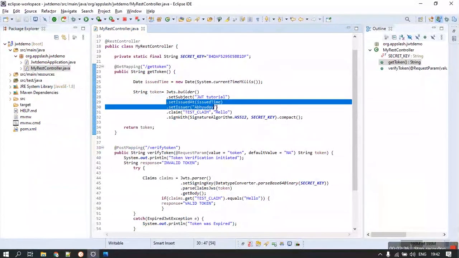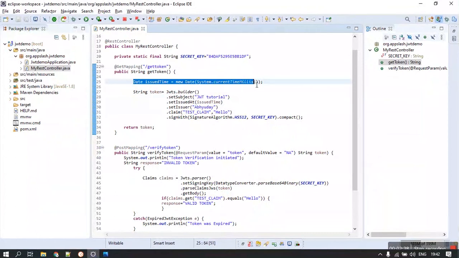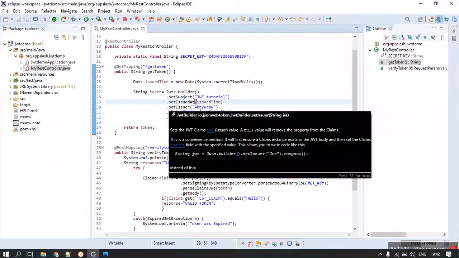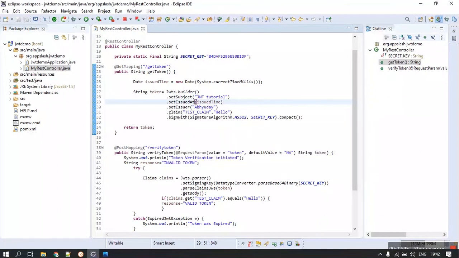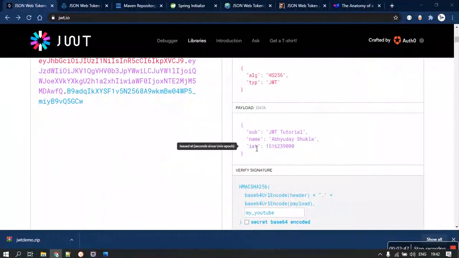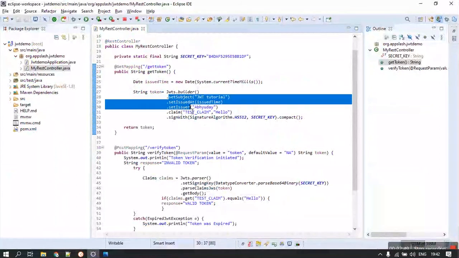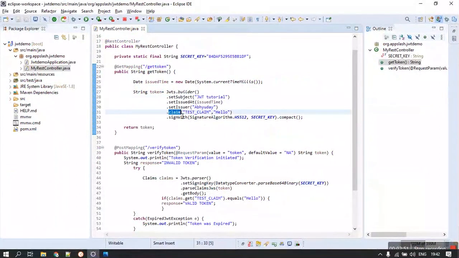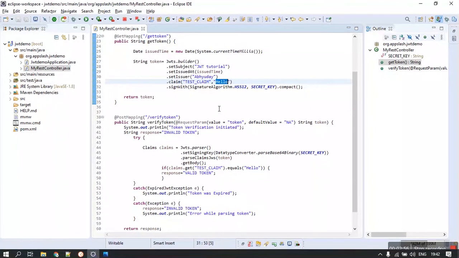I've set the issue time to the date object, which is the current time of my system. Set issuer, which is my name, and these are already the registered claims, so a method was there for them. If you want to add a custom claim, you can add one using this method, claim hello. That's fine.